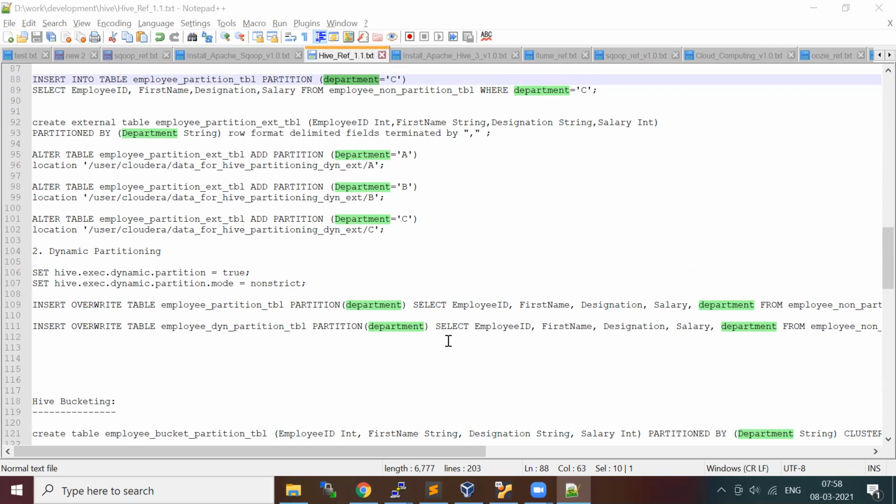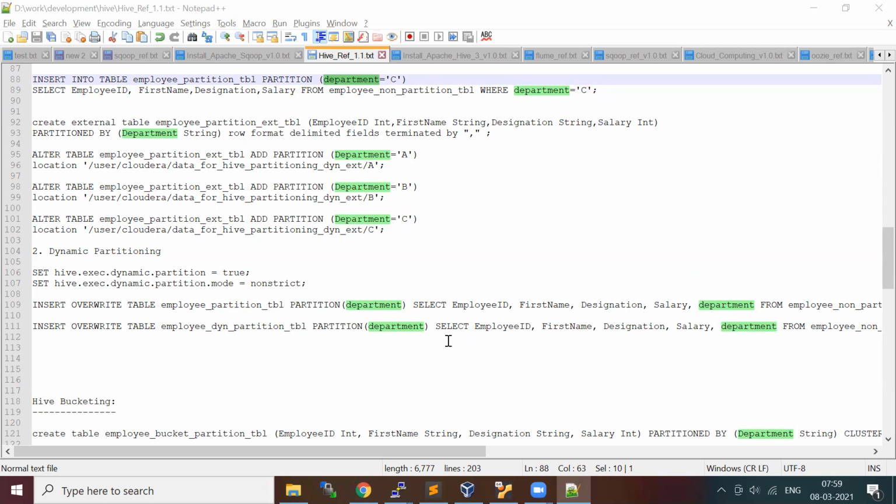The difference between a managed table and an external table is that for a managed table, Hive is going to manage your data in the warehouse directory. In the case of an external table, you are going to manage the data. That's the difference. Both create the table structure, or table interface, for you to do analysis.